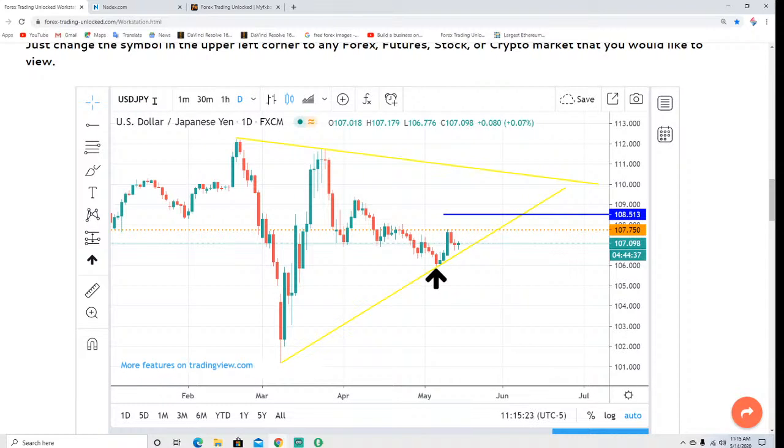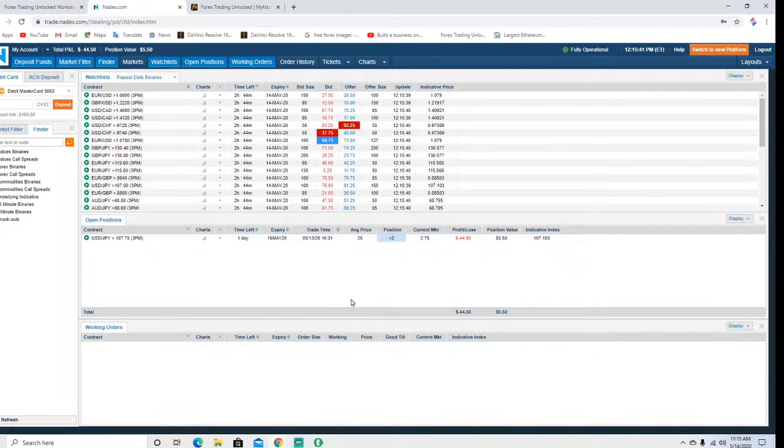This market's been consolidating on a really weak break for the past month. We had a buy signal that was triggered last week. This bottom day here, and then the following 2 days after that, it's called a 3 inside up buy signal. We have a binary option on in the Nadex binary options where we bought 2 different options, but it's all the same strike price, and that is the US dollar Japanese yen is greater than